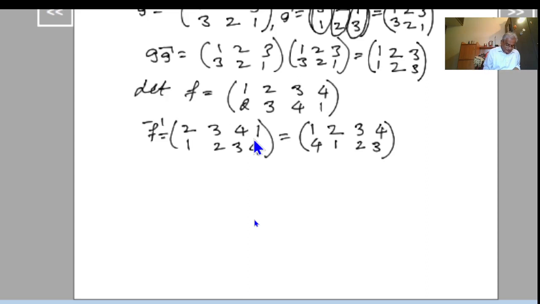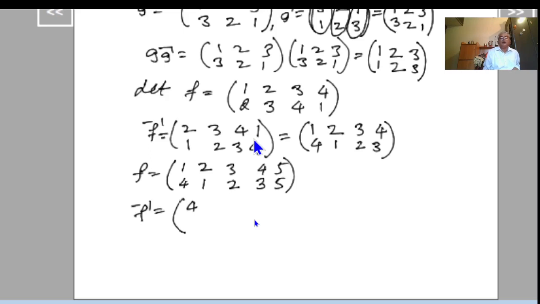One more example. F is equal to 1, 2, 3, 4, 5 on the top row and 4, 1, 2, 3, 5 on the bottom row. To find F inverse, first I will write the second row elements 4, 1, 2, 3, 5, and then 1, 2, 3, 4, 5. This is equal to,